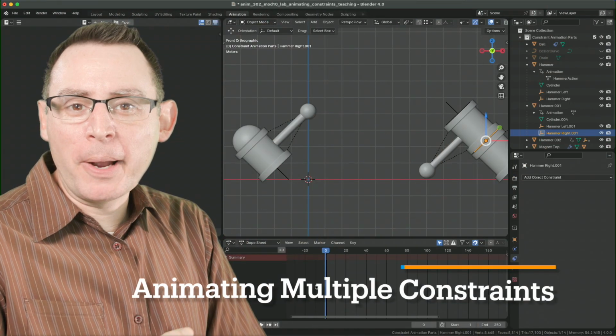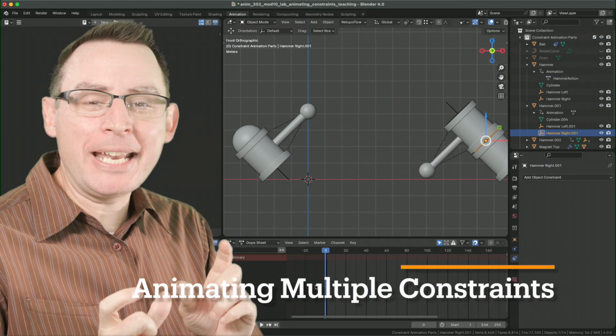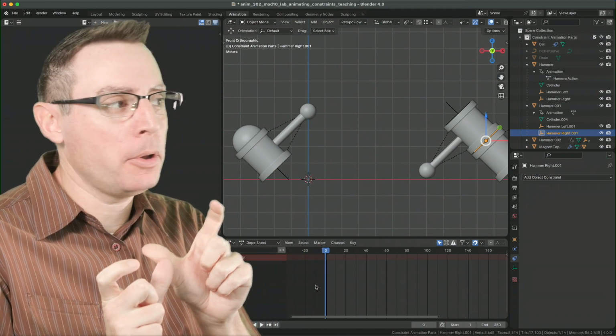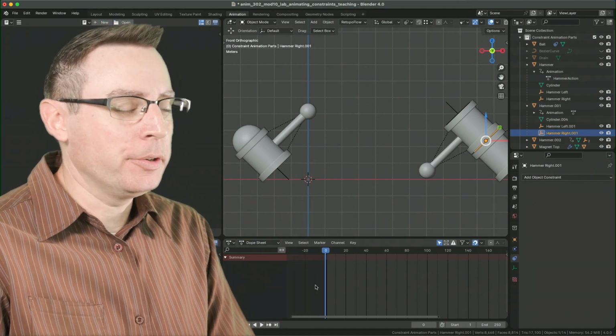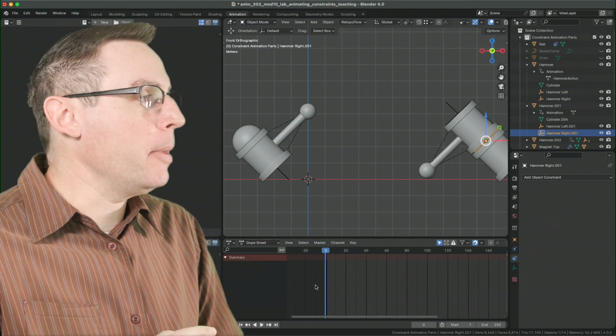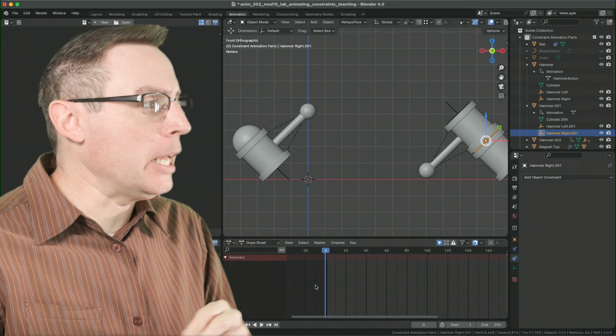The core structure of my animation is complete, and it's time to start animating the constraints to pass the ball from one hammer on to another. Before we jump into that part of our animation, let's do a little bit of scene cleanup and management,